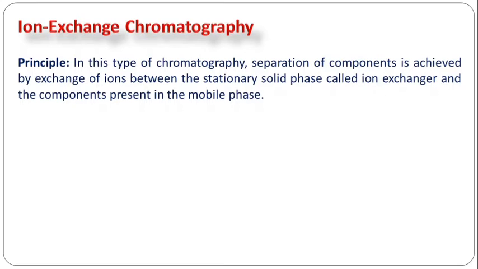In this type of chromatography, the separation of the components is achieved by the exchange of ions between the stationary solid phase, called the ion exchanger, and the components present in the mobile phase. The name itself indicates ion exchange. This ion exchange takes place between the stationary phase and the mobile phase. The mobile phase contains the metal ions to be separated, and the stationary phase has some ions to be exchanged with